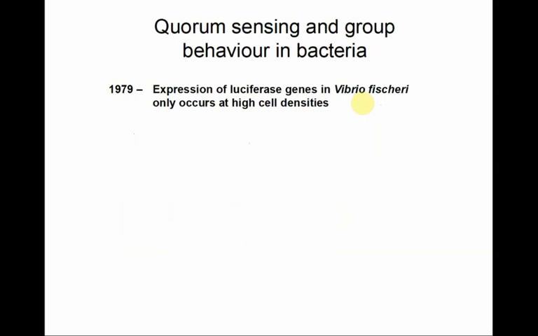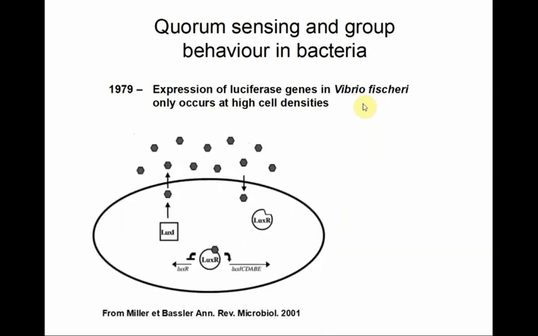And so that was the beginning of research on how bacteria regulate the expression of genes depending on how many of them there are. Okay, so this was the first quorum sensing phenomenon that was studied and actually understood. Okay, so what happened in these bacteria is that